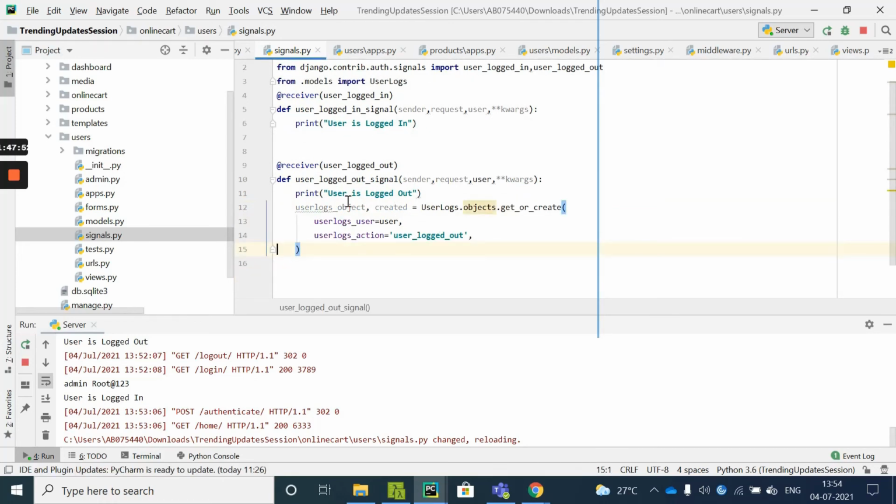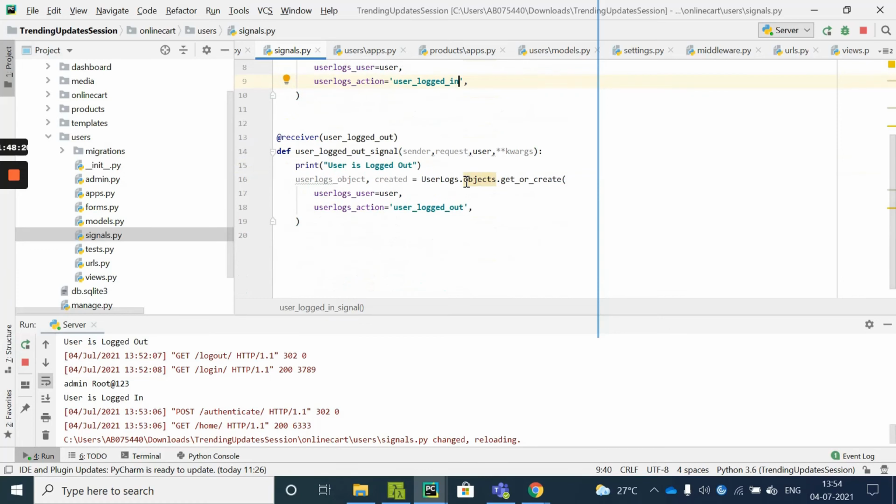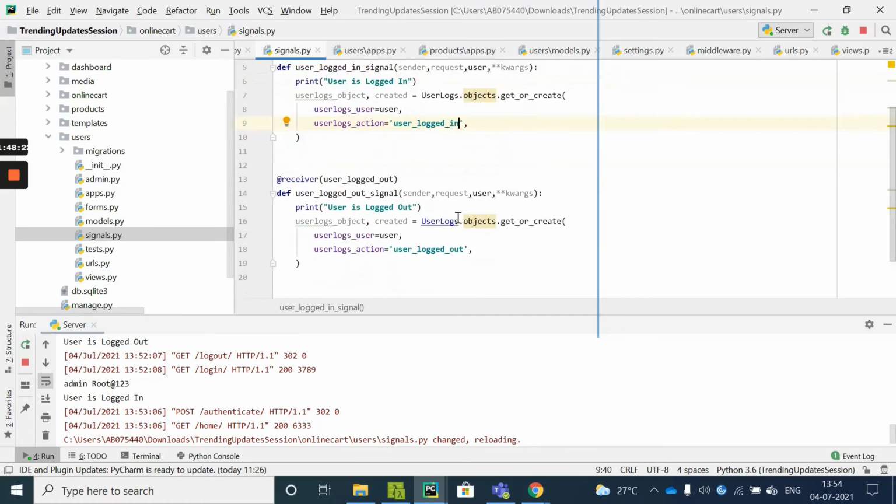User logged out, and this user, as we are passing into this signal, will create us the object user logs. Also I'll copy it for the user login, and I'll say user log action as logged in.